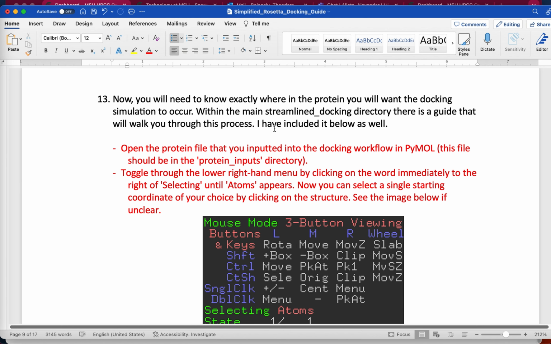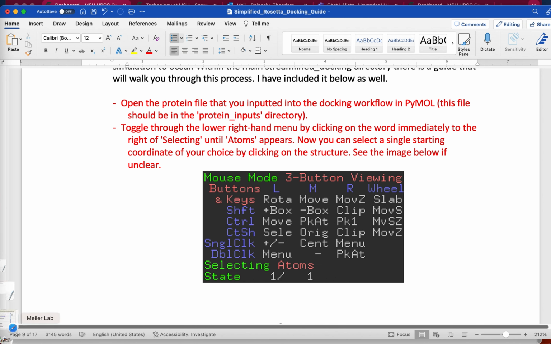And alongside that, you're also going to define the boundaries in which it's allowed to move. So you can think of it as a cubic volume in which the molecule moves somewhat randomly throughout the simulation. And it starts at a certain location and it ends up anywhere within that volume, and its interaction is scored with the protein. So the first thing you want to do is open a protein